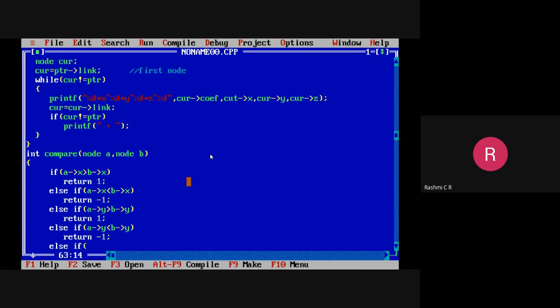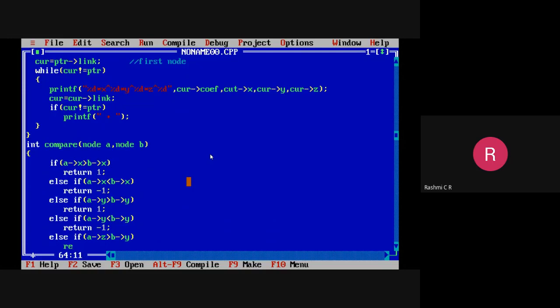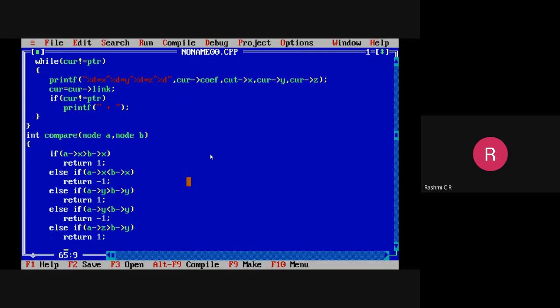Okay, similarly check for z. Starting, which one have we taken? We have taken the greater than condition. If the z exponential in A is greater than the z exponential in polynomial B, then return 1.